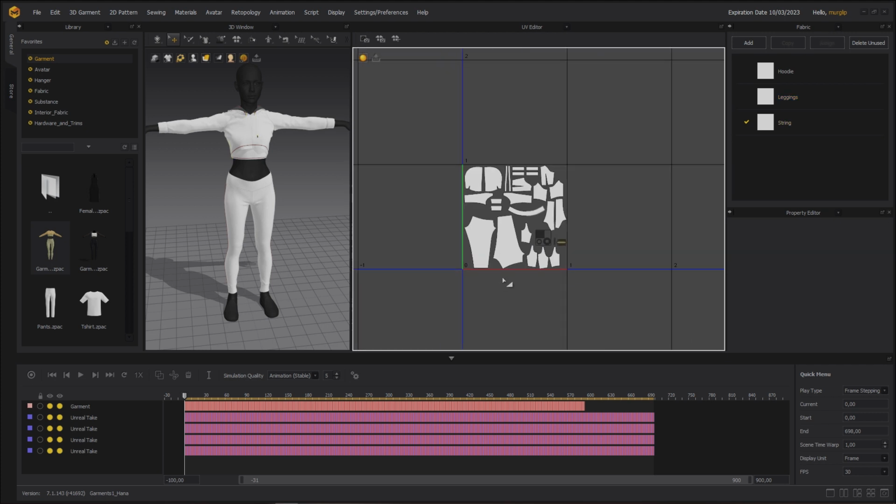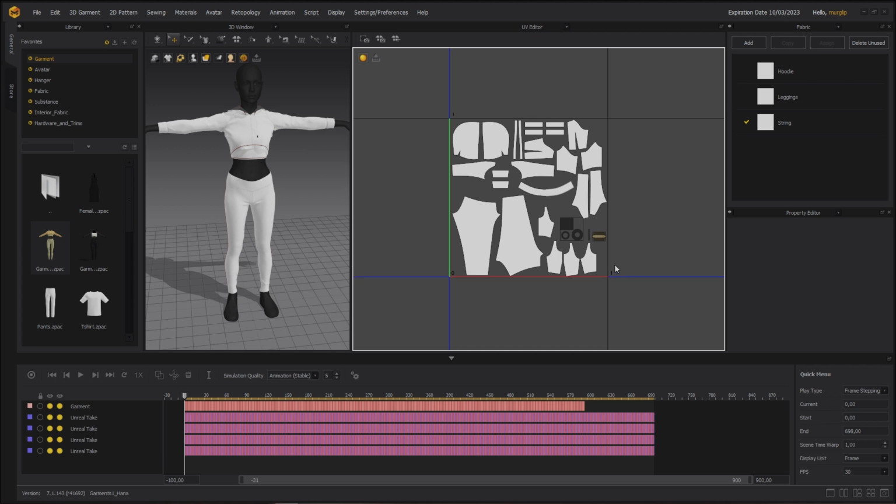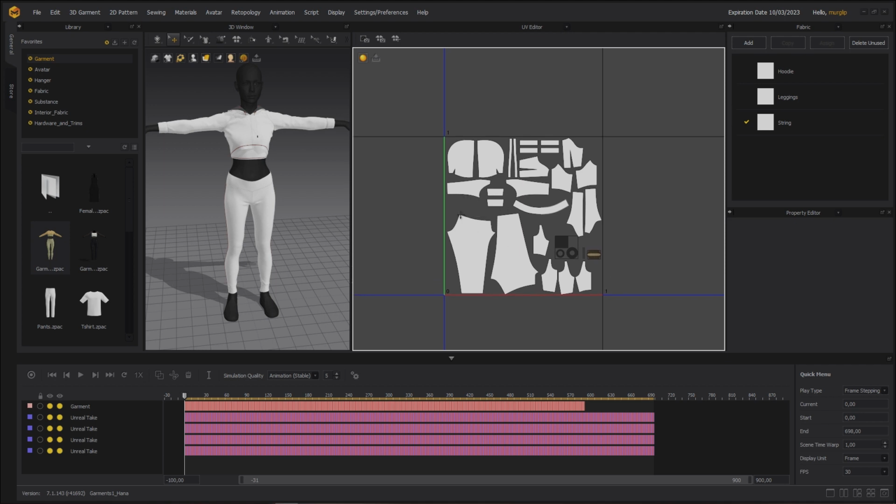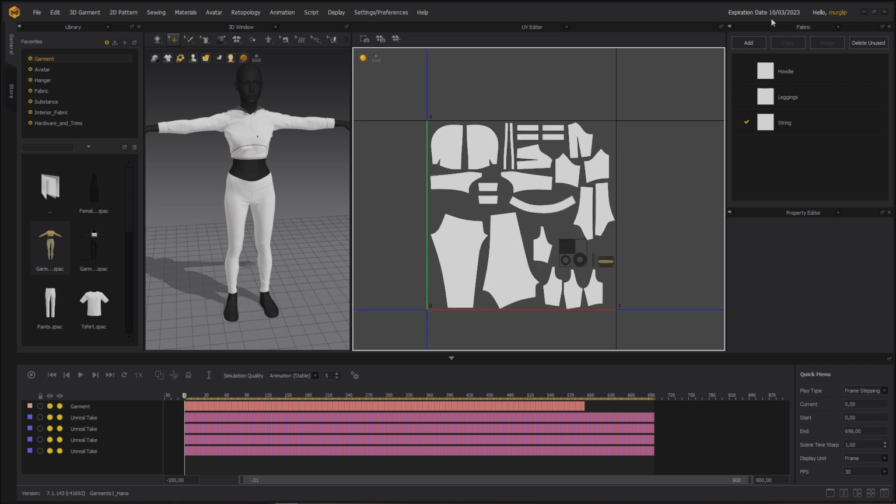All right, I have just done a rough job. You can probably do better than me and use up more of the spaces and get your patterns a bit bigger. That'll give you a little bit better resolution on your texturing. Anyway, okay, so that's done.